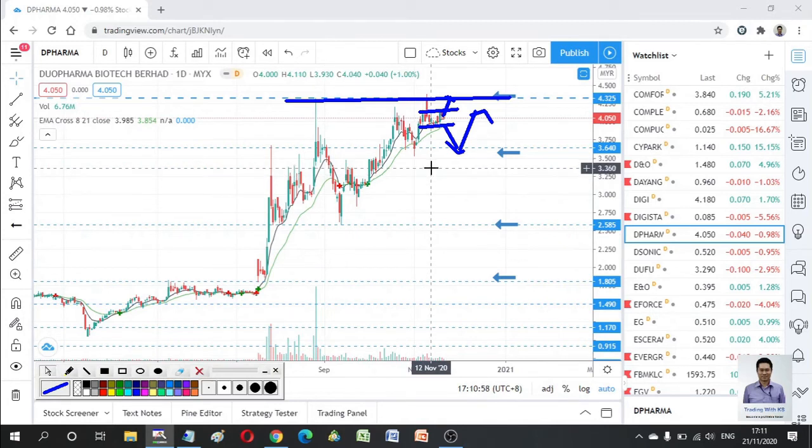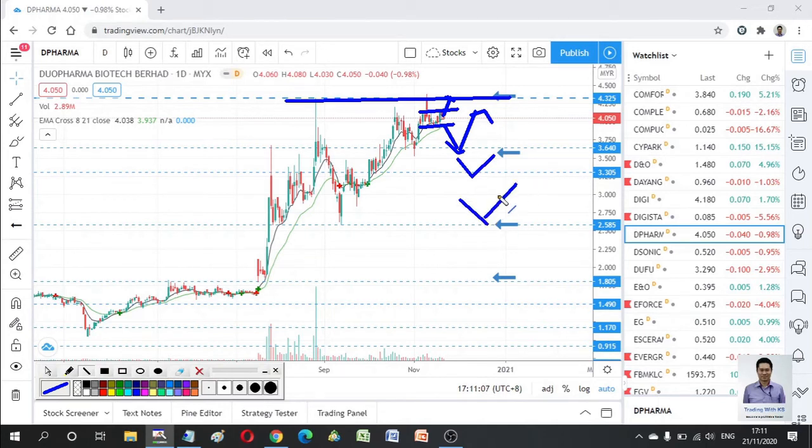It is another support here. So for you, probably there is another support here or support here. These are the areas where you can possibly buy the stock. Of course, if you buy here and the price comes down, this will be your stop loss. If you buy here, the price comes down, this would be your stop loss. If you buy over here, this would be your stop loss.